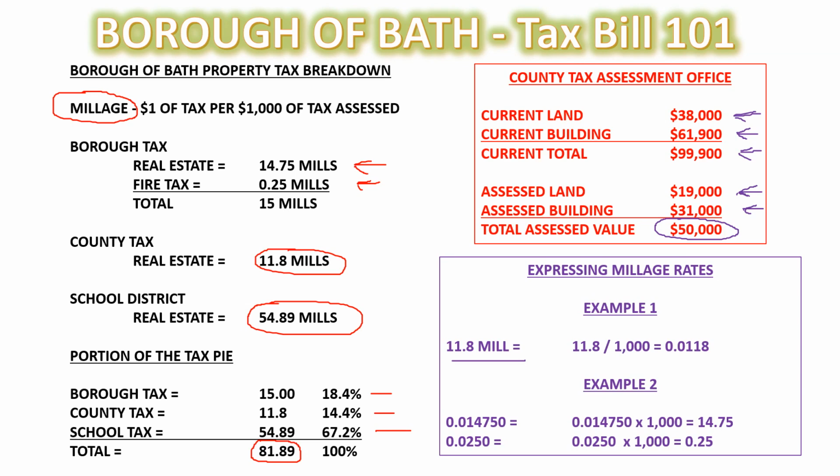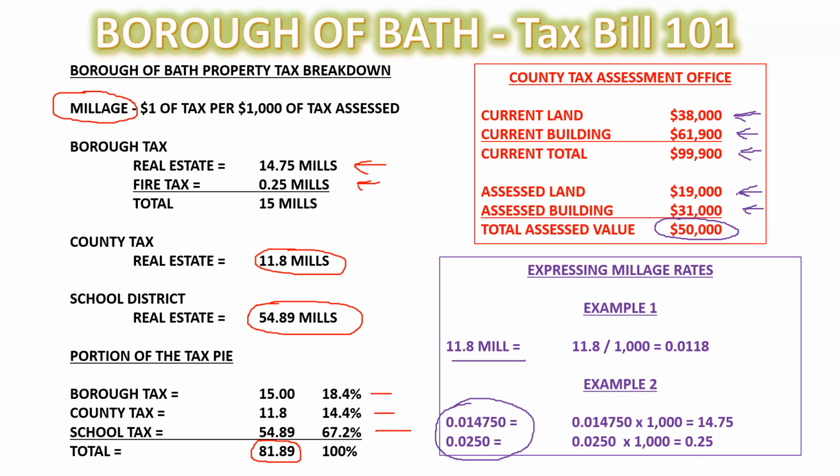Example 2, you may also see, and going back to example 1, so the county, when they give their tax bills, it's shown like this. It'll show 11.8 mils. Example number 2, you have these millage rates in decimal form. And the Keystone Collects organization for Bath taxes, they use this version. So they put it in decimal form, and then they calculate the tax bill in that way. But just to convert it, you take the decimal times 1,000, and in this case, you come up with 14.75,